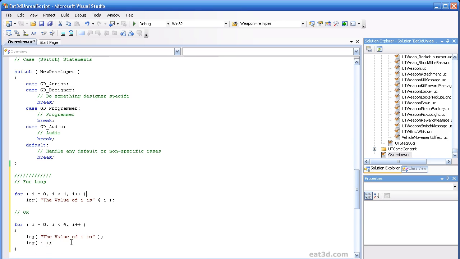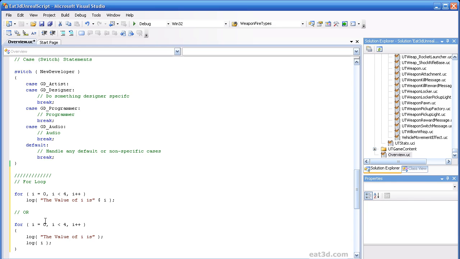Okay, so we'll go ahead and leave it like that, showing that there's the 2 different ways: basically single line, no braces, and multi-line, the requirement for braces. But just remember that you may always want to use the curly braces, even in the case where you do have a single line. Okay, so that's a quick overview of the for loop.